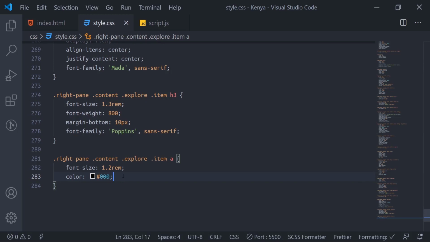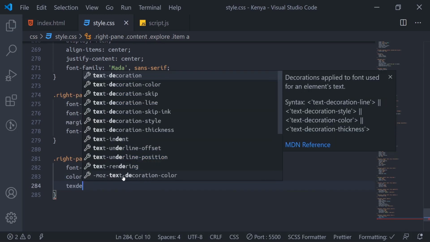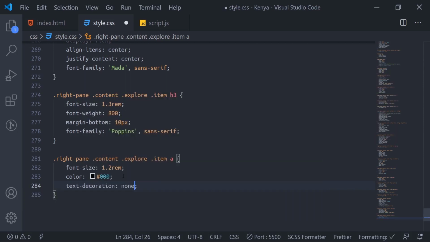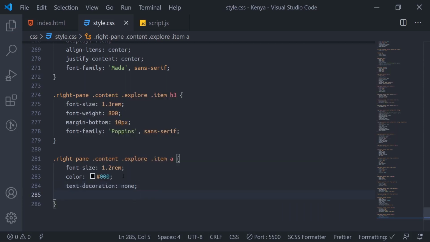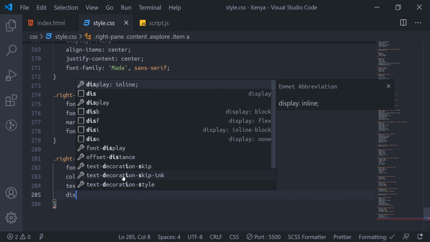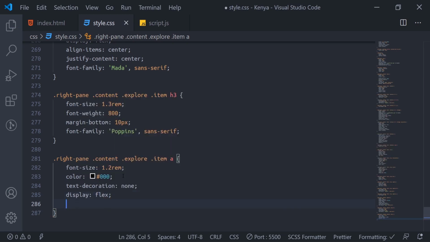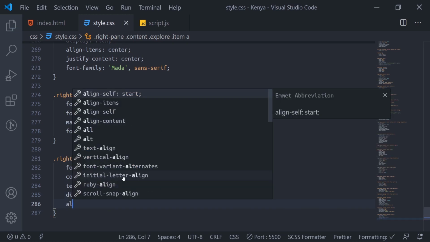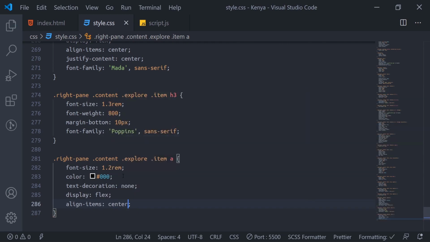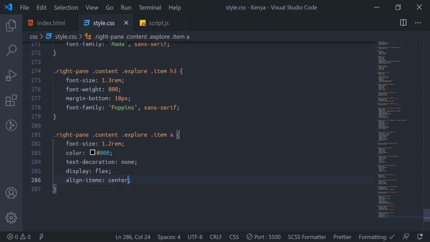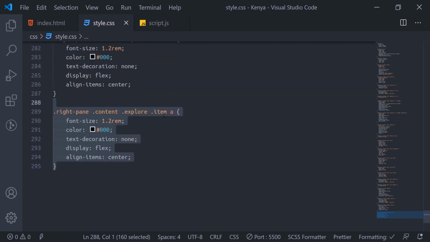So what we'll do now, we'll come to this place, we'll go text decoration to none, set display to flex, then align items to center. Okay, then we'll space the arrow from that text a bit.